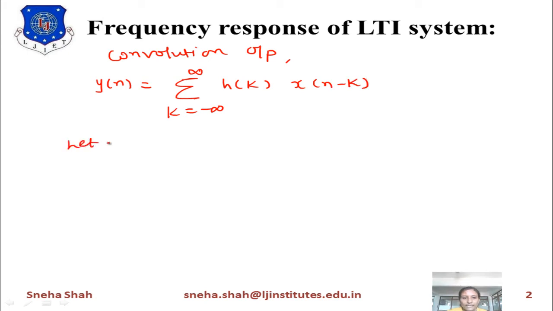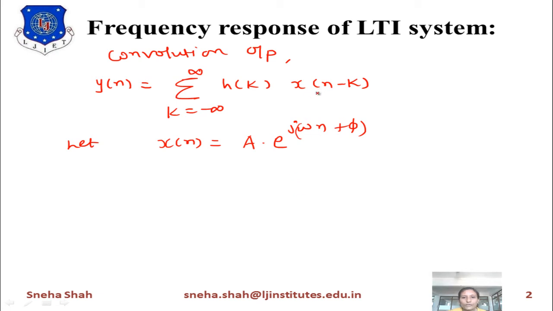Now in this equation, let us take the input x of n as an exponential signal. The exponential signal will be represented like this: e raised to j omega n, when we take it in terms of a discrete time signal. So if I write n here, it represents x of n. Now if we represent this term with phase angle, it will be e raised to j omega n plus phi. And if we represent its amplitude, then it is written as a into e raised to j omega n plus phi.